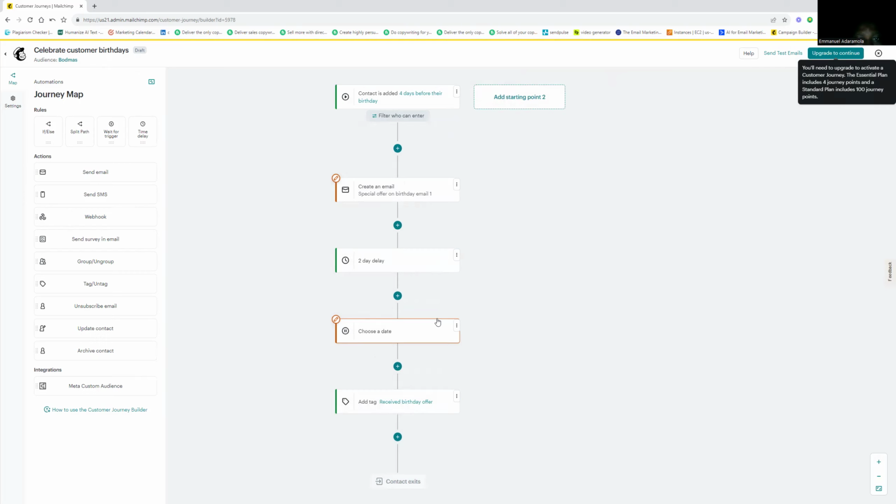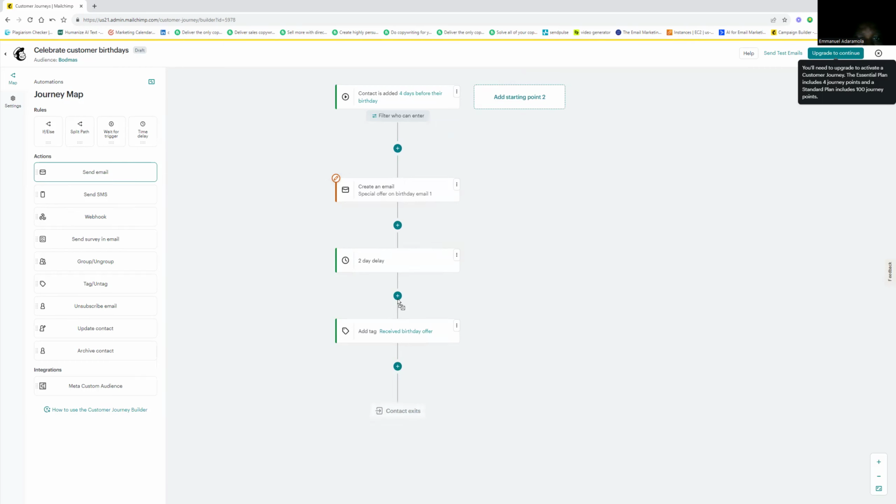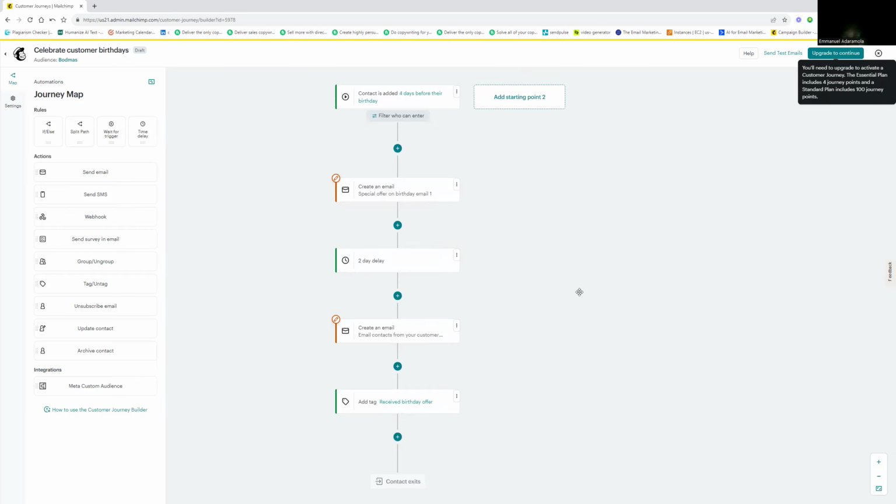You understand what I'm saying? So you can send them another email. Wait, let me do this one. Delete. I'm just letting you know what is quite possible. So 4 days prior to their birthday, you add. Then 2 days before their birthday, you send them. Let me just correct this. So now after then when it is there, then 2 days before their birthday,